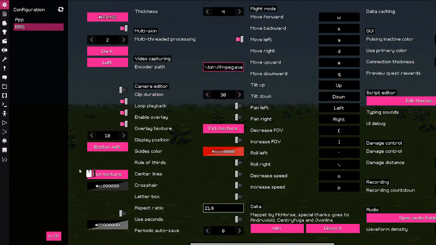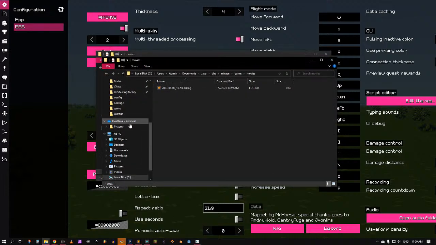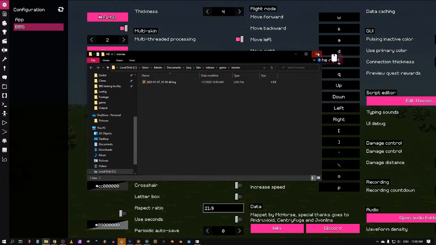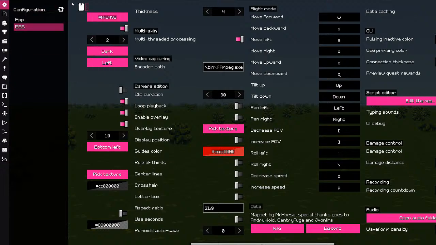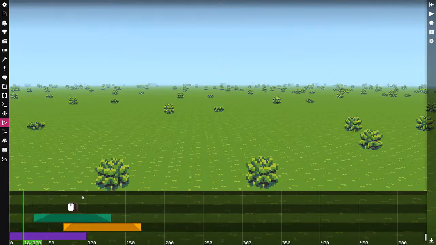I'm not sure. Let me check. So I'm going to check it here. Yeah, I have it just as FFmpeg, and if I go back to the camera and record it,